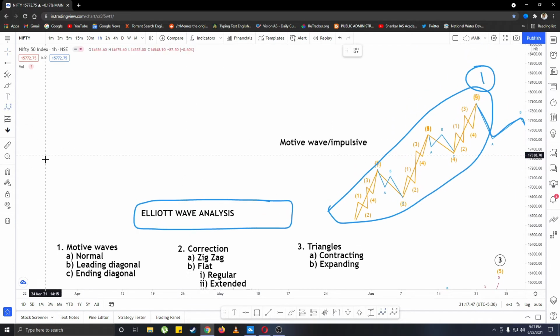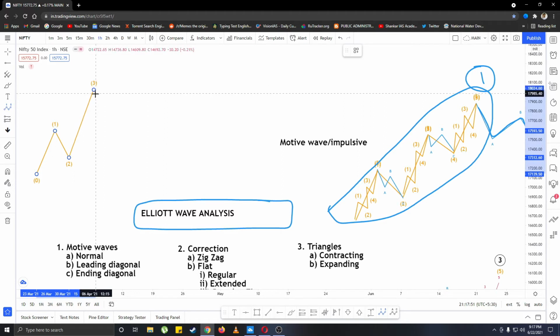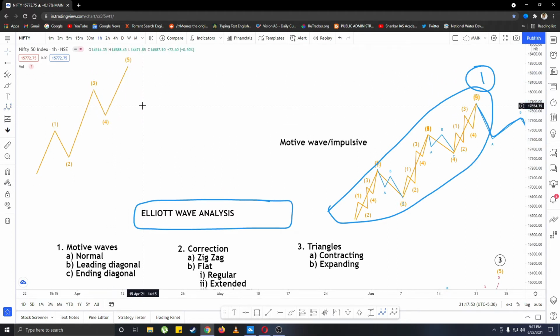The normal count looks something like this: 3, 4 and a 5. This is our normal count. Wave 3 is not shorter than wave 5 and wave 1. Wave 4 is not crossing the starting of wave 1, and wave 2 is not going below the starting of wave 1. Now what a leading diagonal is: